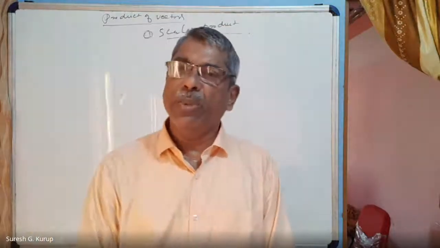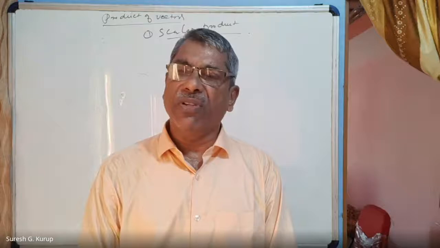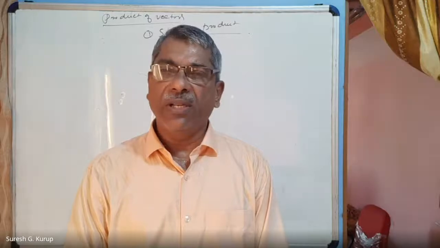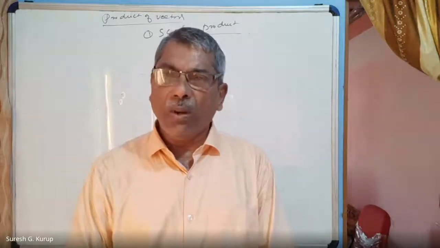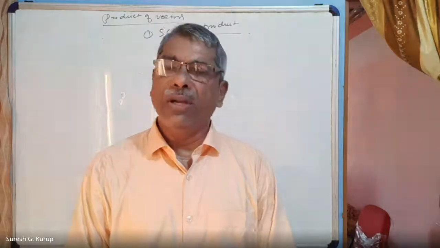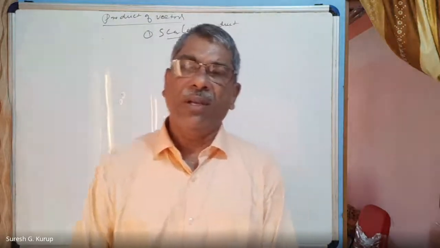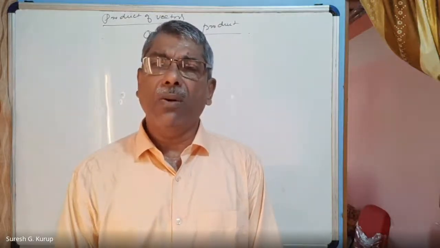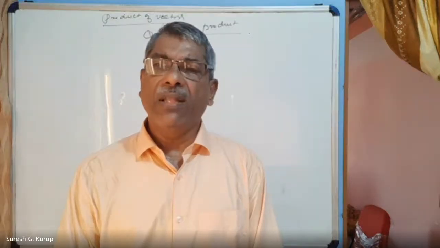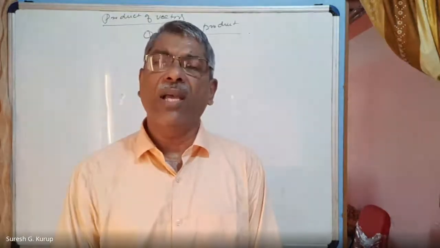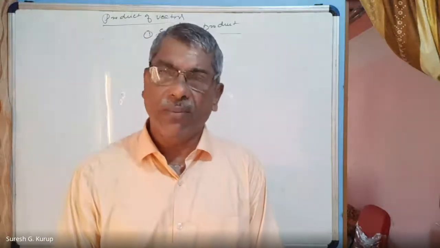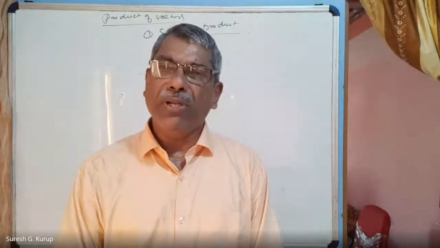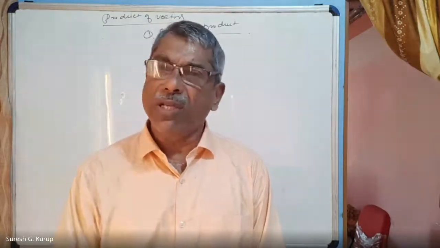Understand? There are so many scalar products that we come across in physics. One is work done. Work done is a physical quantity that depends only on magnitude, not on direction. When work done is defined, the direction is not mentioned. There are certain physical quantities where, when we mention them, the direction also has to be mentioned, and only then the meaning is full, right? In the case of work done, no need to mention direction. Only the magnitude is necessary.